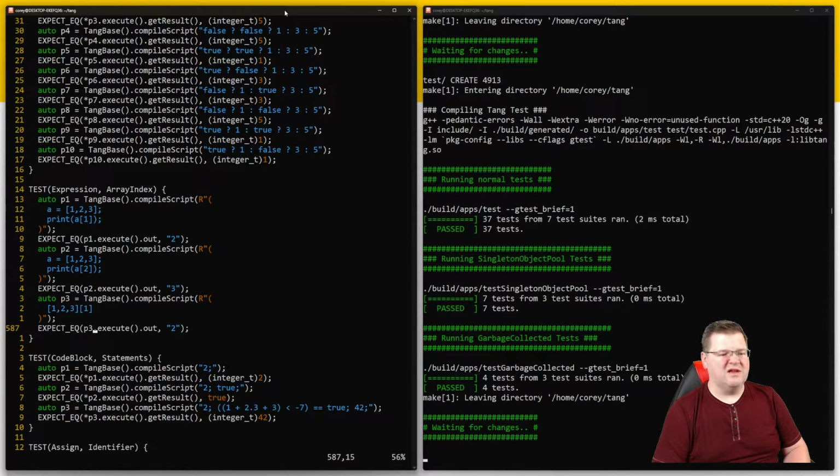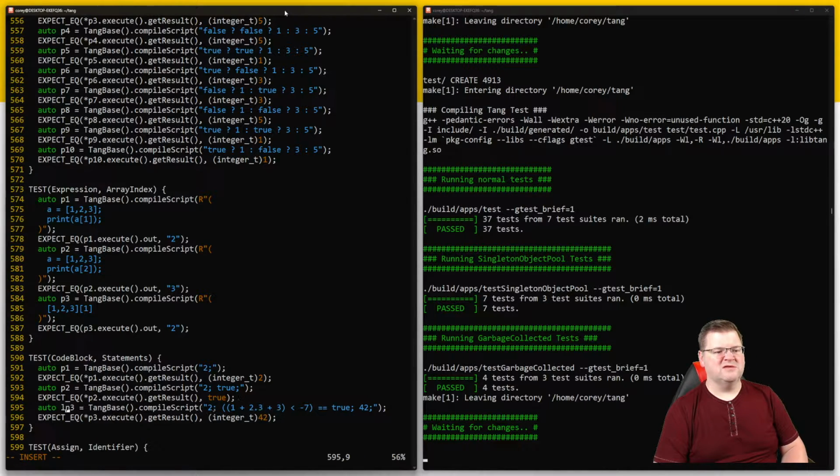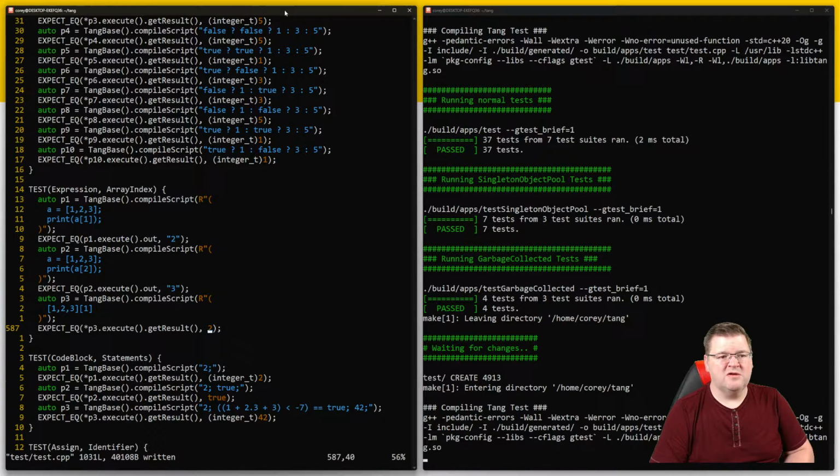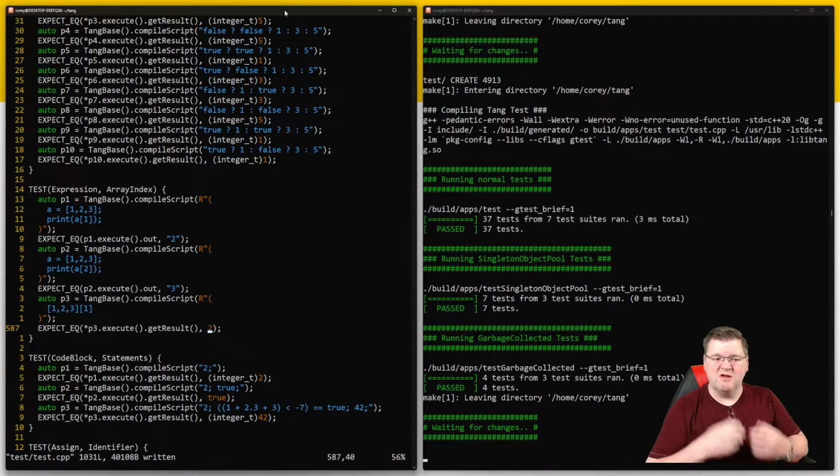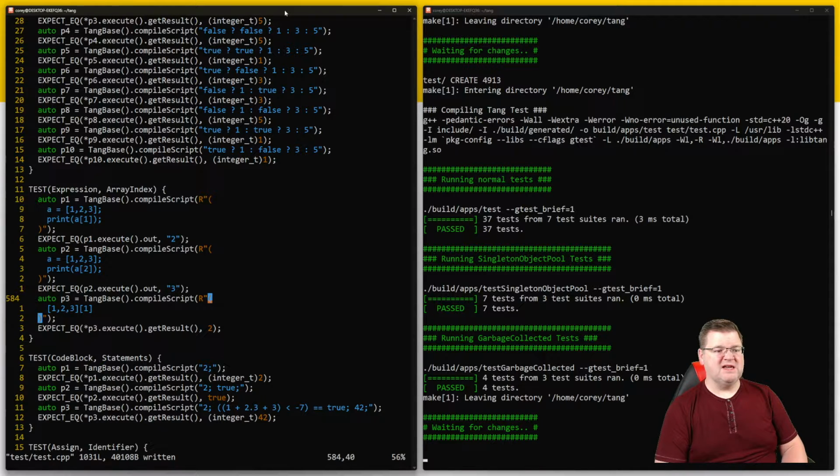This, if I do get result, it should just be a 2, because I'm not compiling as a statement, I'm just compiling as an expression. That's passing. Good. Now that means I can test